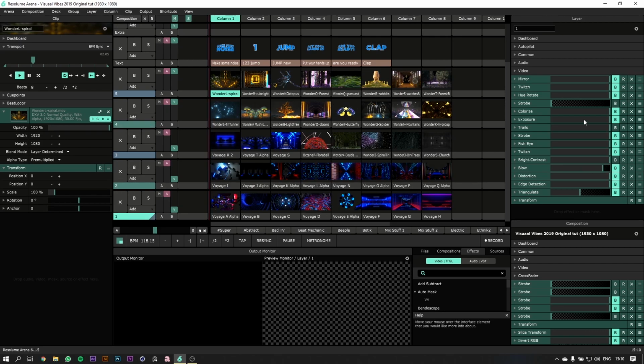So no matter whichever layer I have selected, I know for a fact that if I have mapped a key for a mirror effect, then I select layer 3 and I hit that key, that mirror effect will be applied on layer 3. If I select layer 2 and hit that key again, then the mirror effect will be applied on layer 2 also. So one by one we'll go through all the effects which I use on the layers. So first and foremost,